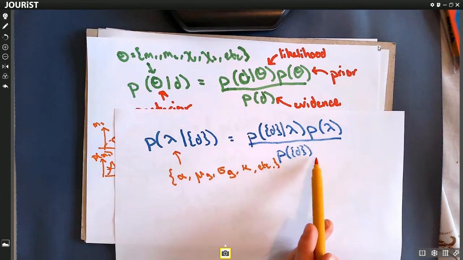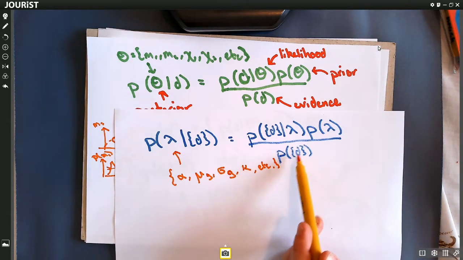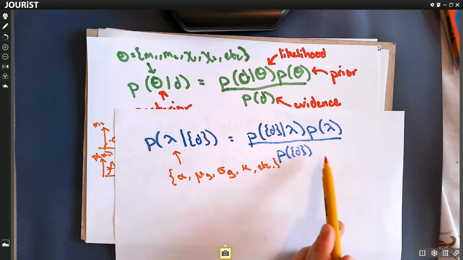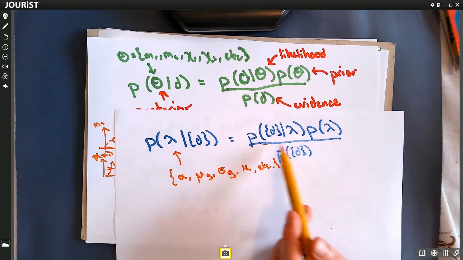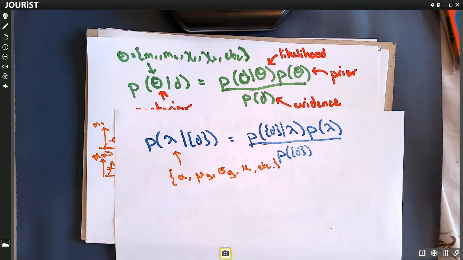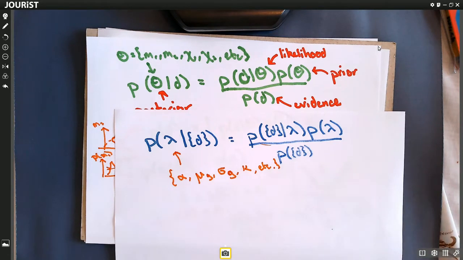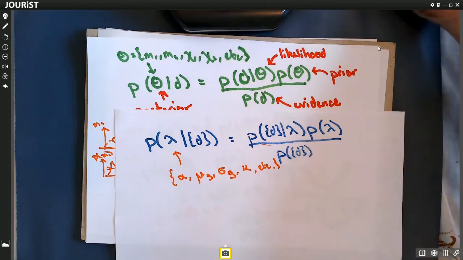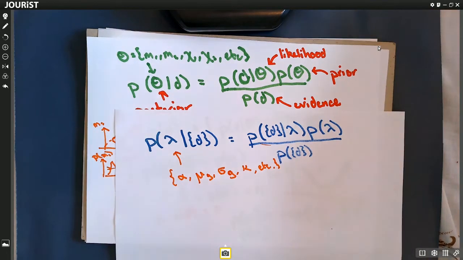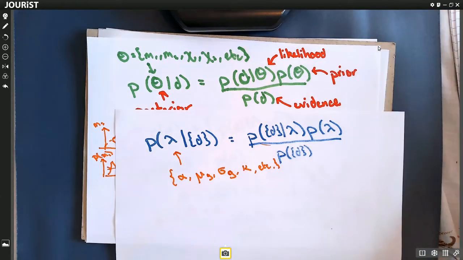And then we're going to have a new evidence term at the bottom with the probability of getting all this data, which will, again, turn out to be a normalization, so will be less important for getting the functional form than this. Okay, so this is what we want to do. And what I want to spend some time going through today is how actually we calculate this. This is a little bit involved, so it'll be a little bit of algebra, but we'll try and go through it, and hopefully along the way you'll see some of the important steps and learn enough that you might be able to go away and perform such a calculation yourself.